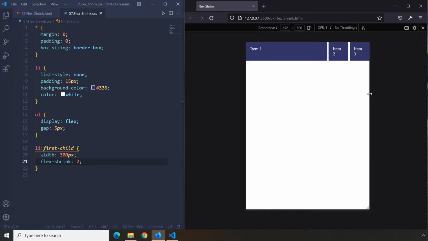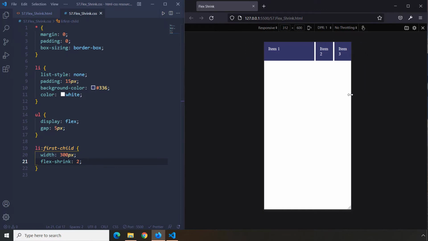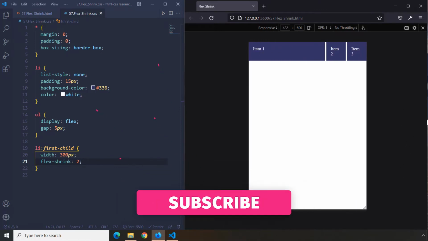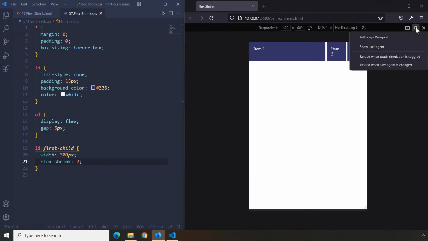Keep that in mind. That always has priority over other Flexbox or in general CSS properties. Now the item number 1, it is actually shrinking. We could see that in action as well. So what I could do here is